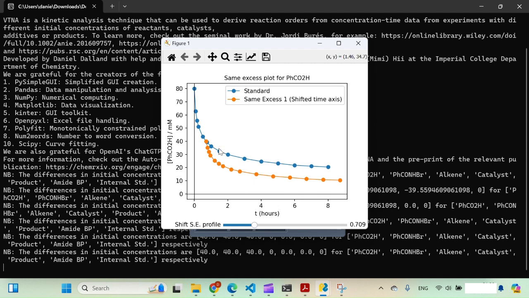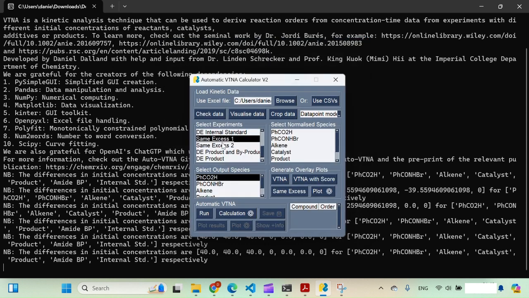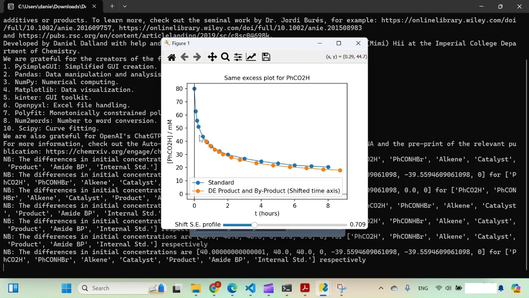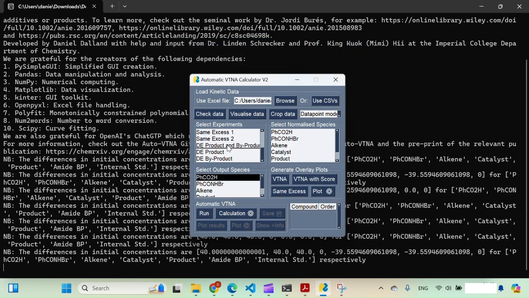So you can see from this plot, there's no overlay, which tells us that either catalyst decomposition or product inhibition is occurring. So to find out which of these is actually true for this reaction system, the authors added the product and the byproduct to the same reaction, which gives us overlays. So this means that the catalyst is being inhibited by either the product or the byproduct,